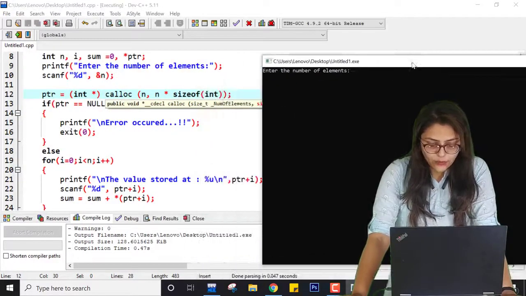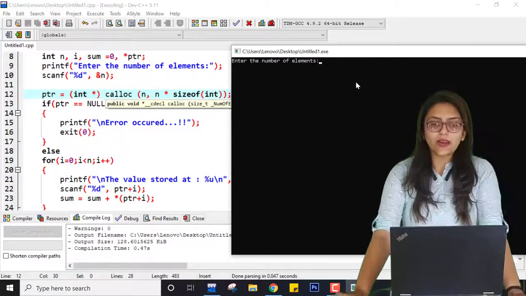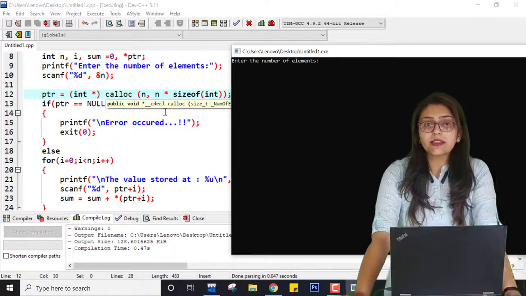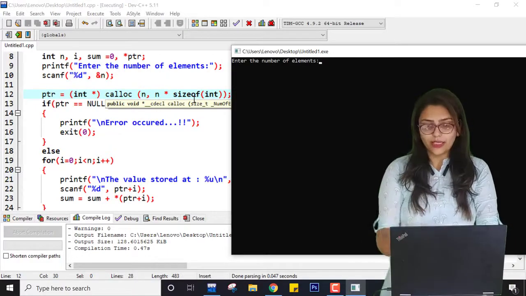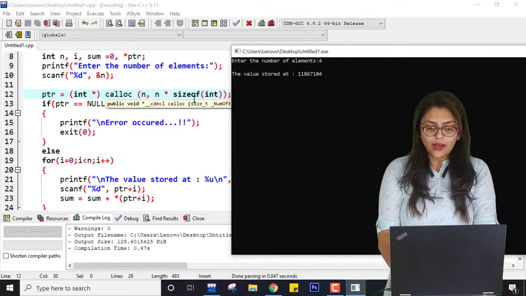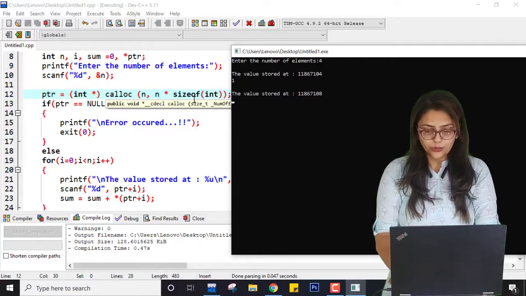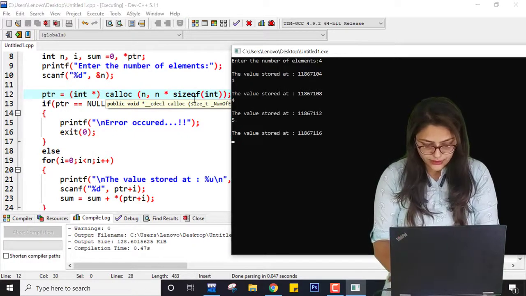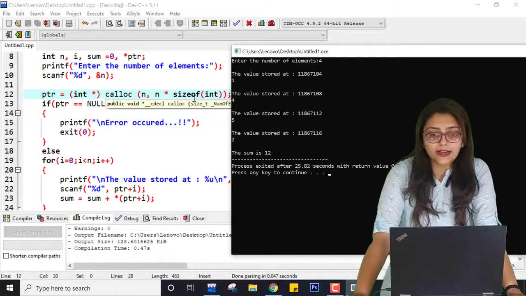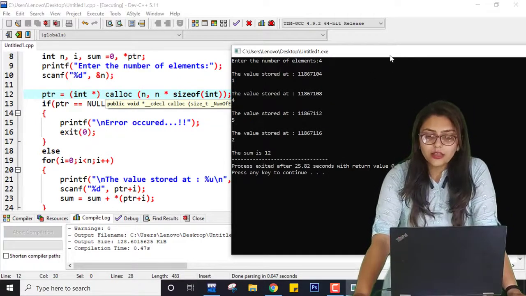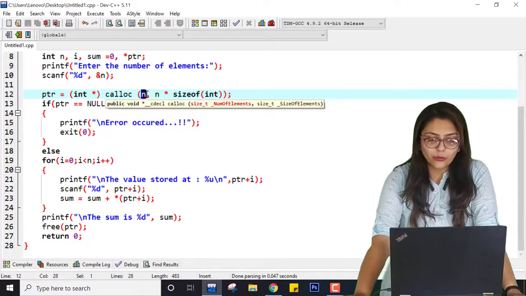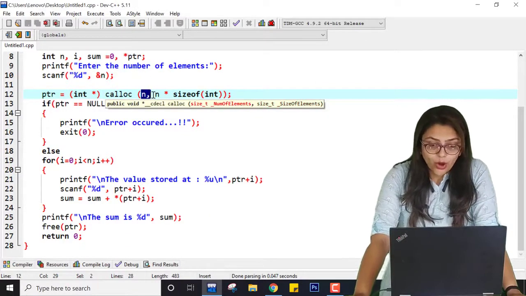So what was the syntax of calloc? In syntax of calloc, I'm going to show the number of elements that I'm going to add and the size of that element, right? Size of the block that I want. So here I'm entering 4, that means 4 bytes of memory allocation. So value stored at this location will be 1, value stored at this location will be say 4, this location will be 5 and this location will be 2, so the answer is 10. But make sure that you understand the syntax of malloc and calloc, what is the difference between them. And here in calloc I have to declare explicitly what is the number of elements.